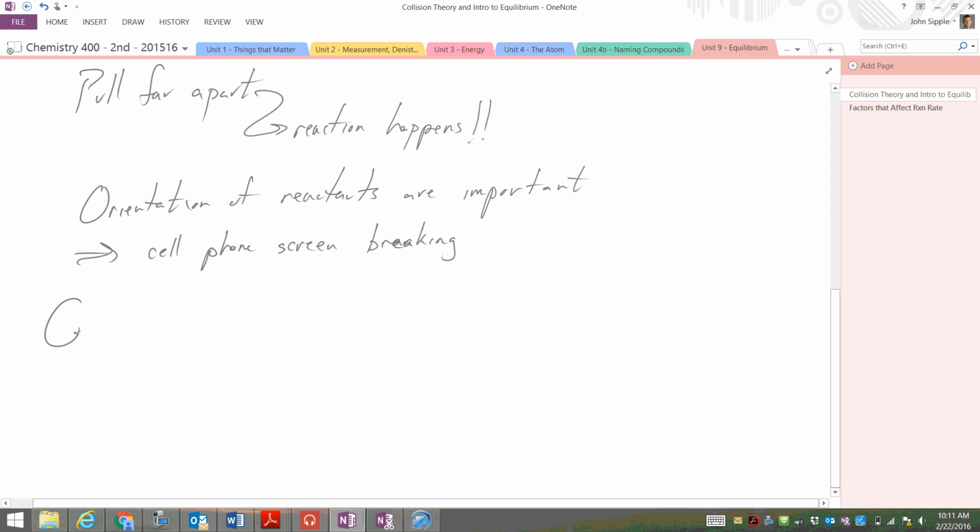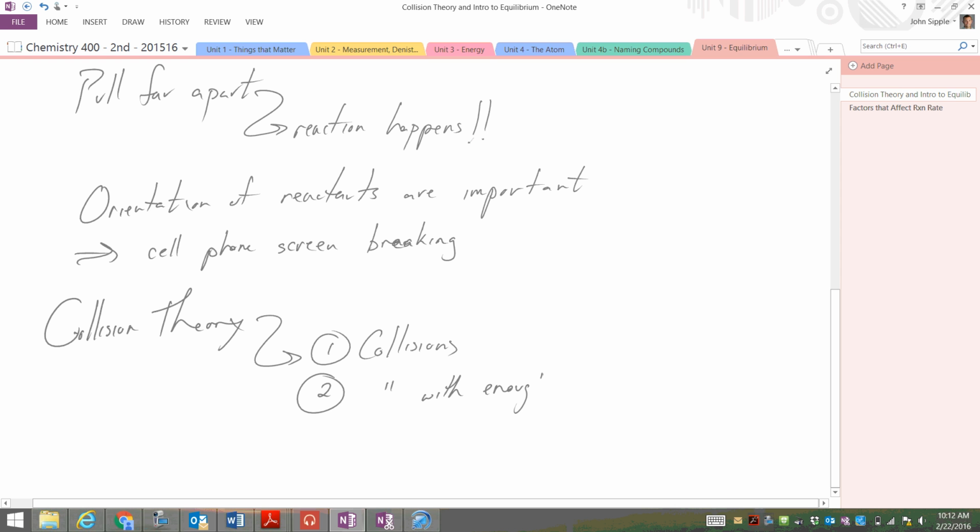Okay, so collision theory here, to kind of sum it up, right? We've got kind of three things, right? You got to have collisions. I mean, that kind of goes without saying. It's collision theory, right? But I'm going to put it in there anyway. Second thing is you got to have collisions with enough energy. All right, and the third part of this, you got to have collisions